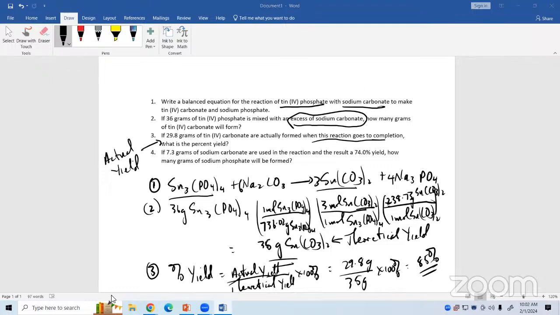Okay, so let me move on now to question number 4. It says, if 7.3 grams of sodium carbonate are used in a reaction and the result is a 74.0% yield, how many grams of sodium phosphate would be formed? Okay, so I have to do some